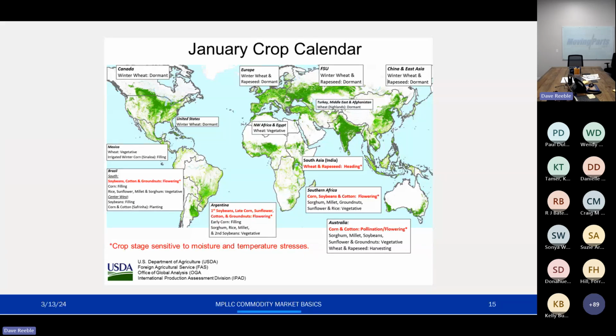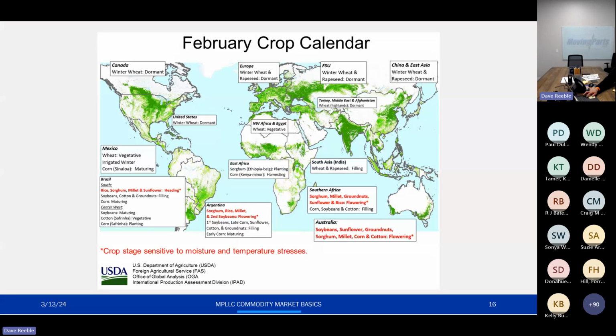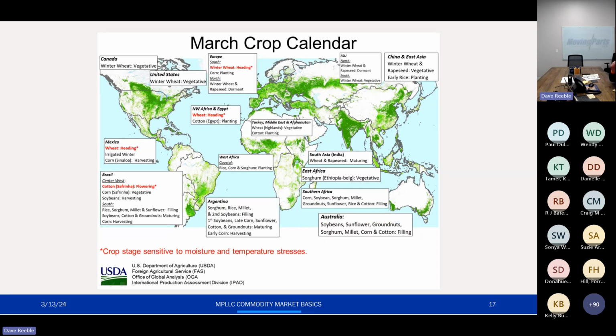Argentina's primary harvest month is going to be April. And that's what's going on in South America. February is obviously a significant harvest month in Brazil, where we've got crops maturing or starting to mature in Argentina. And then as you get out into March,